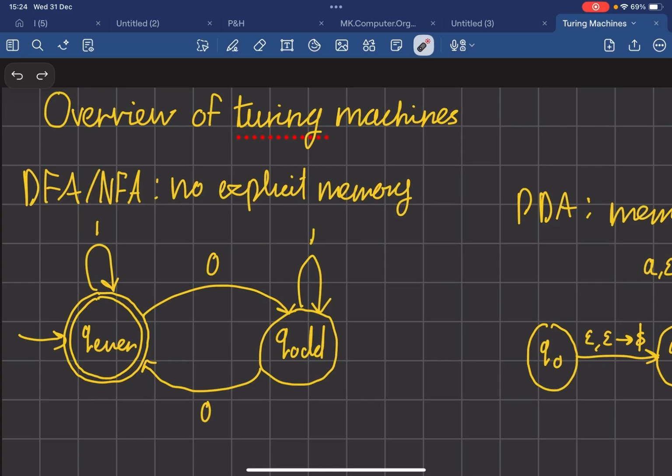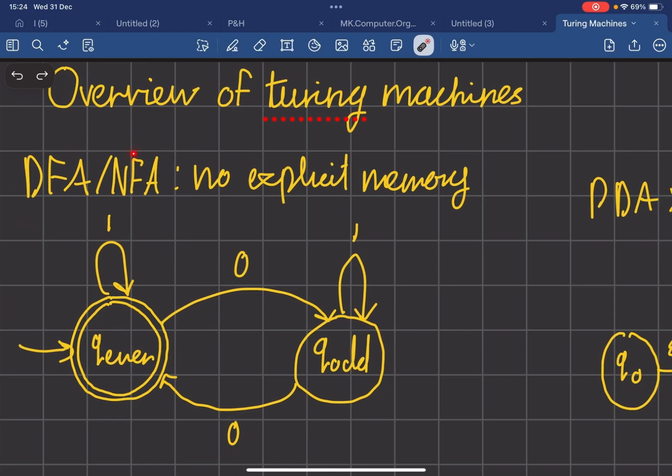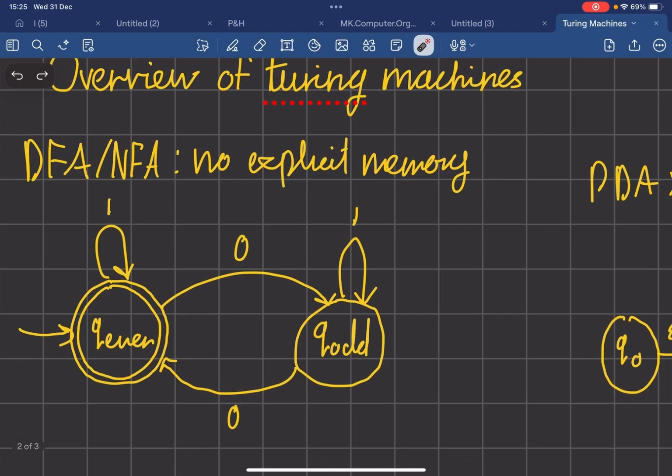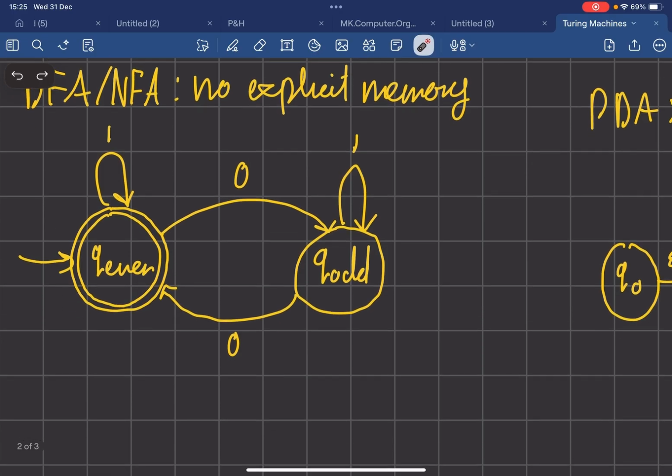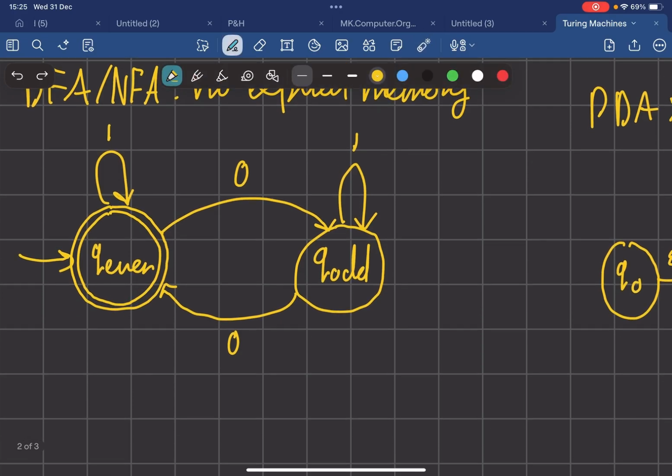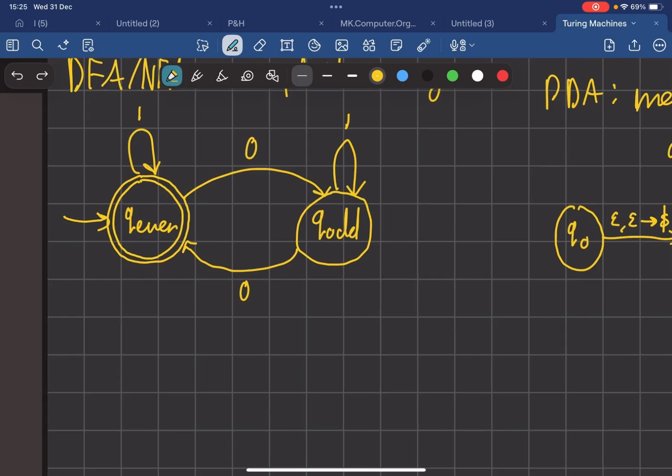drawbacks are. So starting off with NFAs and DFAs, if you remember, these were just state machines. So you had states, characters to read in, and then transitions based on the characters that you read. So the issue with this was that these automatons had no explicit memory. You had no way of remembering or storing information based on what you've seen, and the only thing you can go off of is what state you're currently in. So the states are sort of the only way a DFA can decide where to go, or like what to